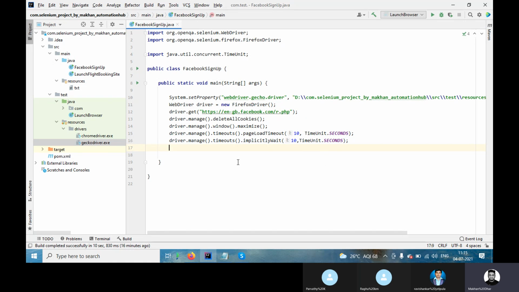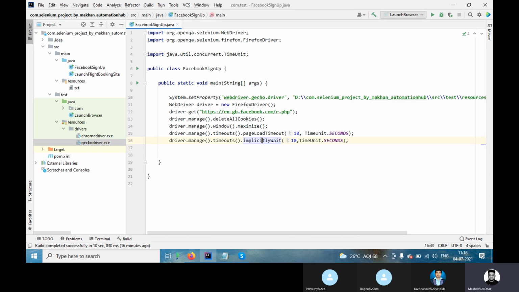The benefit of using implicit wait is that we can make our execution faster compared to thread. If I give thread.sleep in 10 places, 1 second or 5 seconds each, it will obviously take 50 seconds to complete end to end.